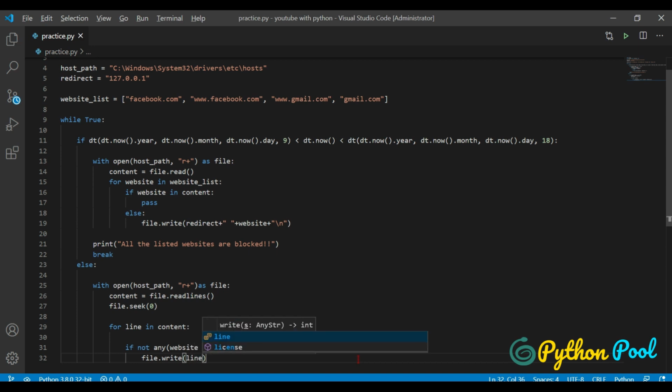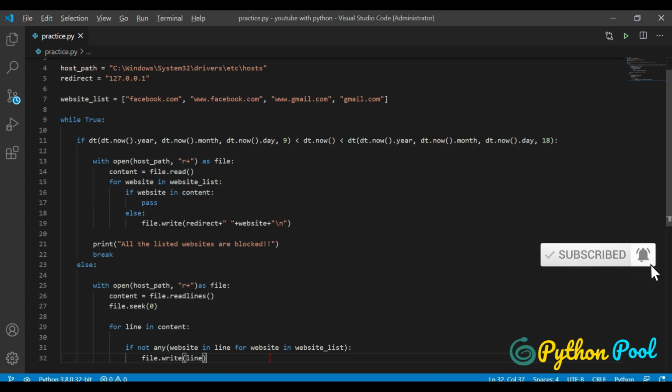If you are not able to find the website, what I mean that once you have opened the host file, you're gonna read each and every line, and in the line, if you don't find the website that we need to block, then write that line and replace that line everywhere.